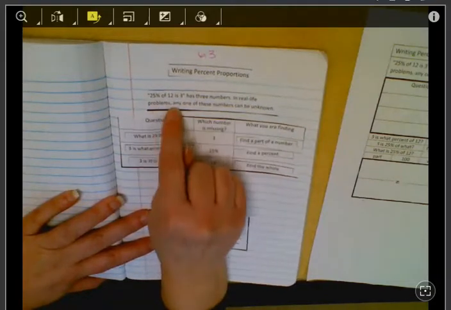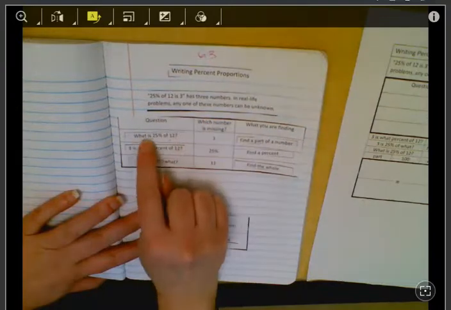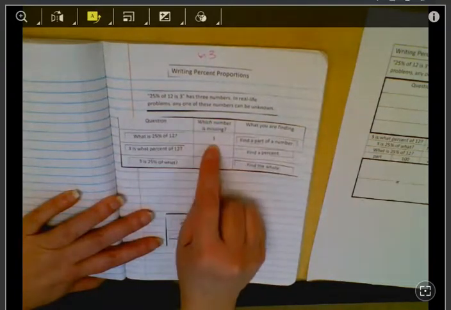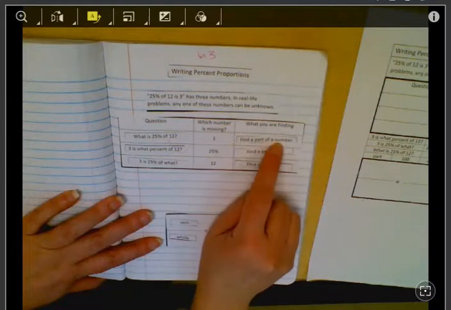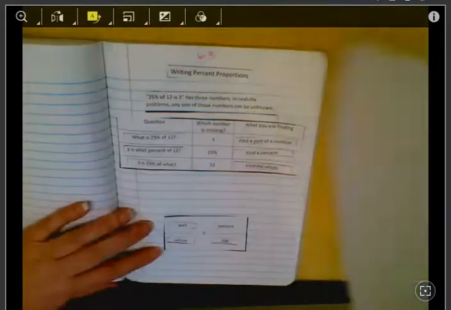In real life problems, any one of these numbers can be the unknown. So your question could say, what is 25% of 12? Well, the number missing of these 3 is the 3. So we're actually told to find the part of a number. So when you saw all these pieces right here, these are cut apart individually and put in the correct spots